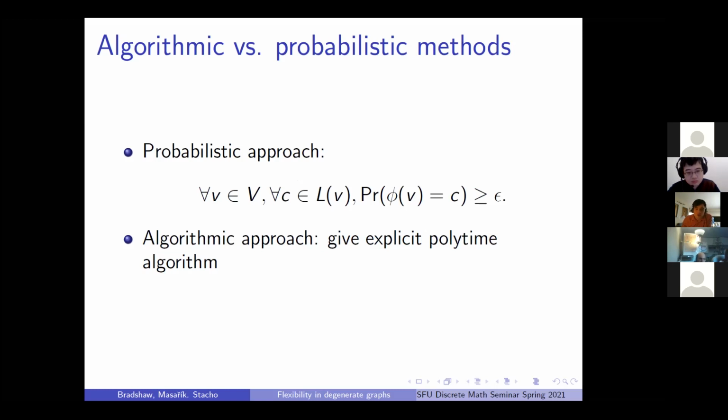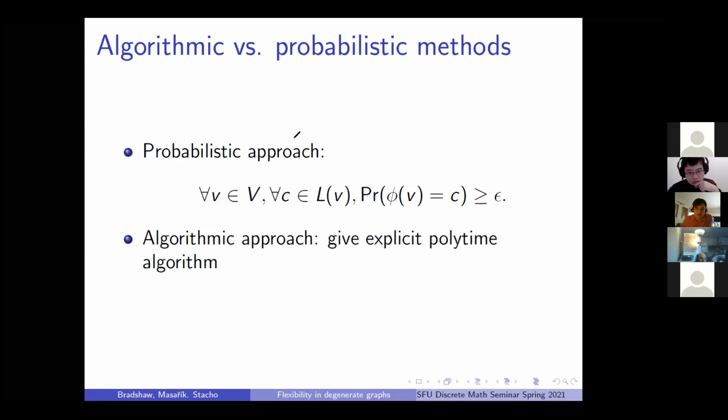And what we noticed is that our method is quite different from a lot of other methods that people often use to attack the flexible list coloring problem, because the most common method that other people have used to approach this list coloring problem is a probabilistic method. And what they do in the probabilistic method is if you have a graph